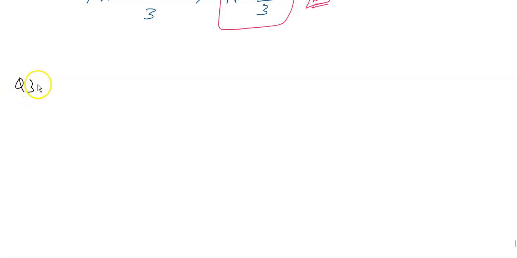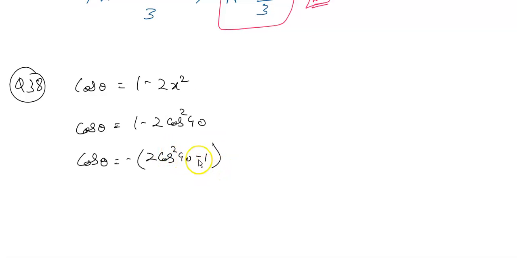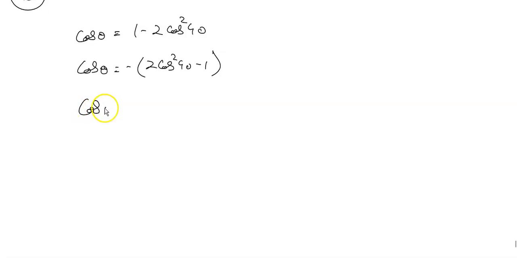Then question number 38. It says if cos 40 degree is equal to x and cos theta is equal to 1 minus 2x square, then the possible value of theta lying between 0 and 360 degree. So substitute करते हैं यहाँ पे x को, that is 1 minus 2 cos square 40 degree. Now यहाँ से अगर minus sign common ले लेंगे तो we can write this as minus of 2 cos square 40 degree minus 1, and 2 cos square 40 degree minus 1 is nothing but cos of 80 degrees, so minus cos 80